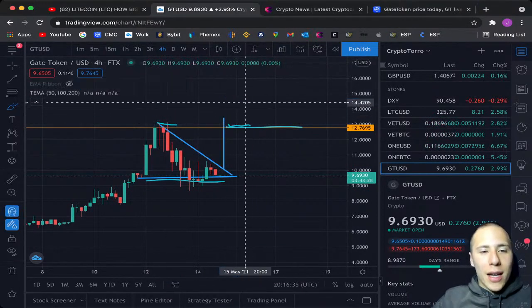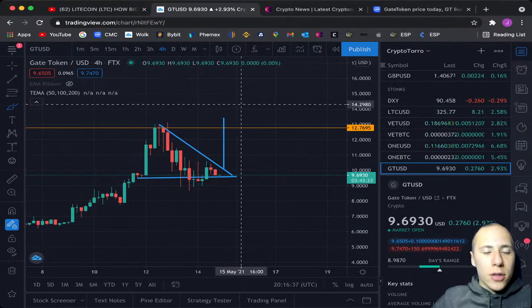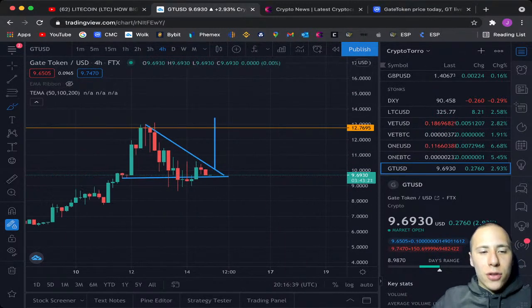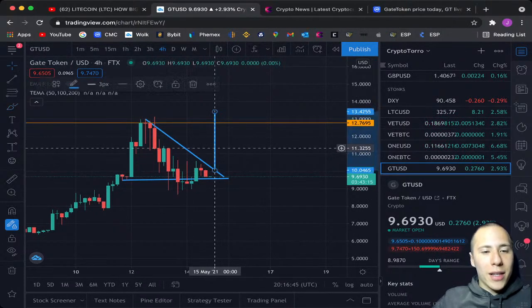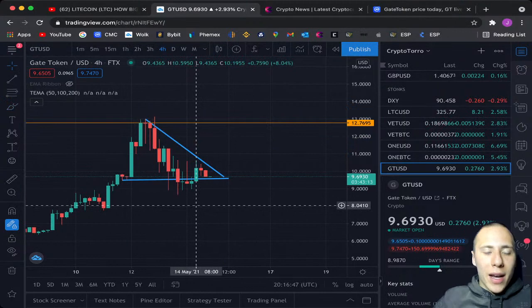And once higher highs and higher lows are being created, it means the token is still in an uptrend. And I particularly think that that's very important, because if it breaks down below, there won't be an uptrend anymore,